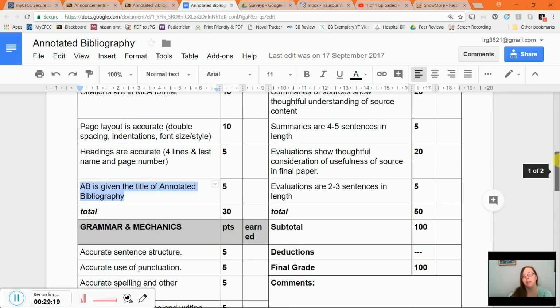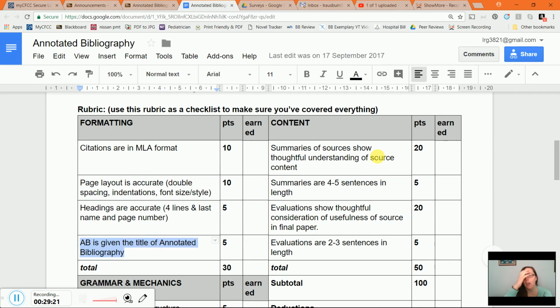And then, of course, I'm really just looking at do you summarize correctly? Do you show your evaluations logically? Like, are you missing anything? Are your summaries too brief? Are they too detailed? Do you have way too much stuff in here? You don't need a turn-by-turn summary. It doesn't have to say, well, this happened, and then this happened, and then this, and this. It's just main idea summary, and that's fine.